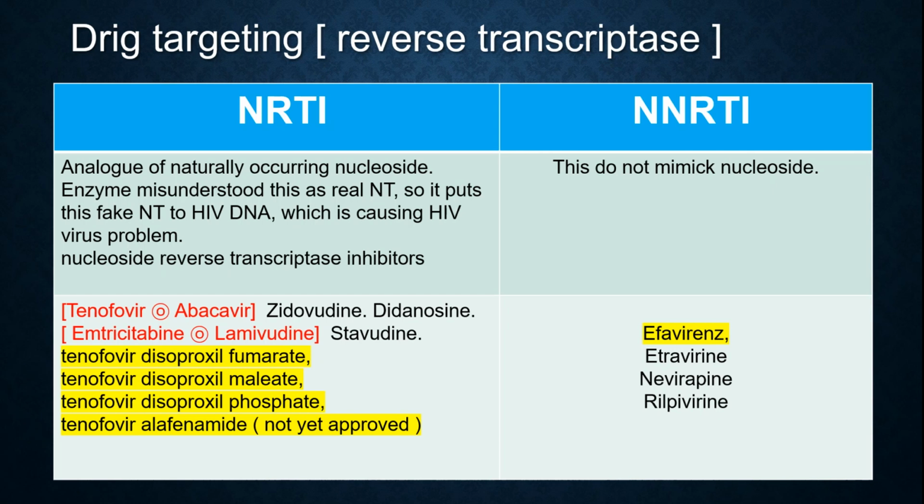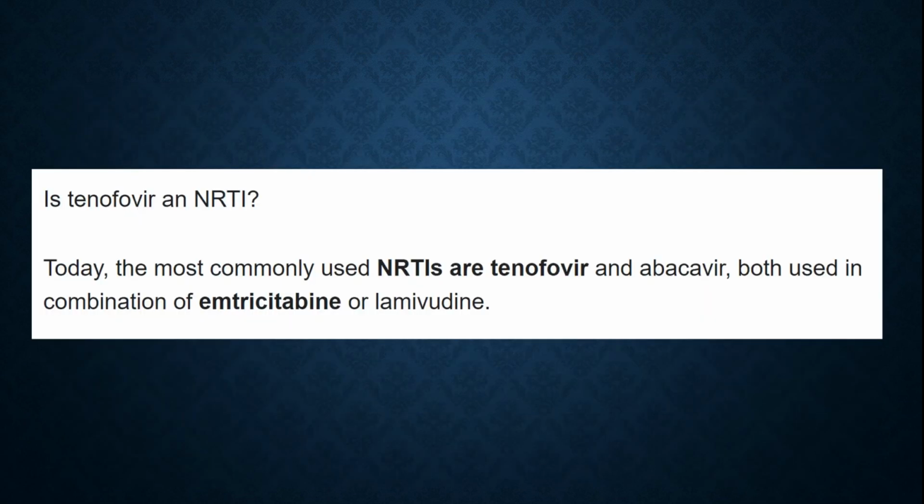NRTI is an analog of naturally occurring nucleoside, and the enzyme mistakes this for a real nucleoside, so it puts this fake nucleoside into HIV DNA, which causes the HIV virus problems replicating. We have tenofovir, abacavir, emtricitabine, lamivudine. NNRTIs do not mimic nucleosides. We have efavirenz. So today the most commonly used NRTIs are tenofovir and abacavir, both used in combination